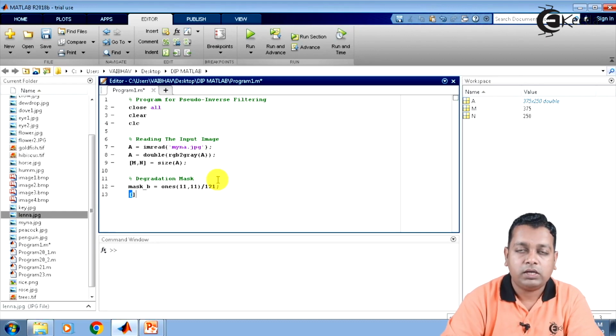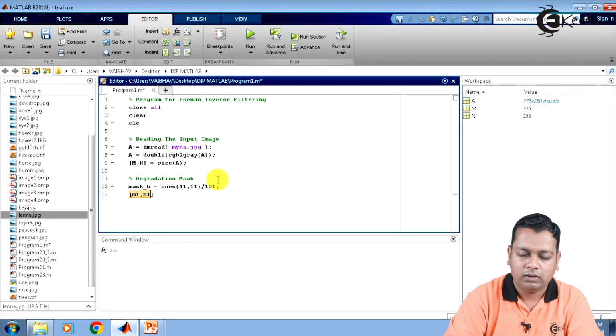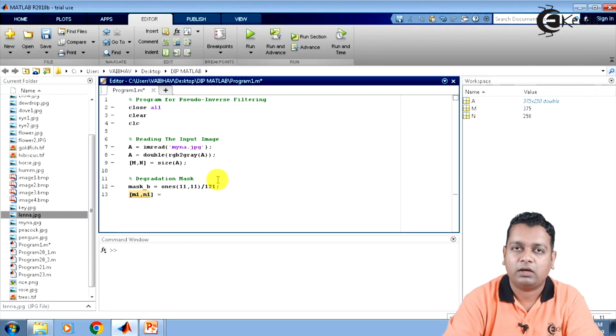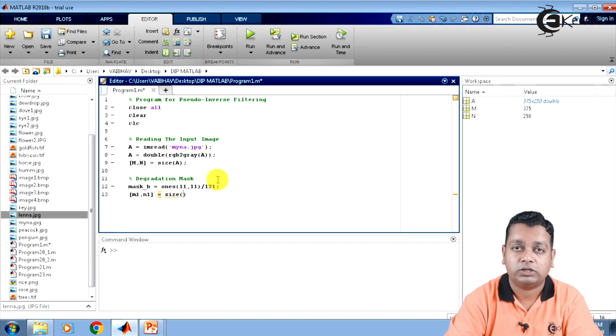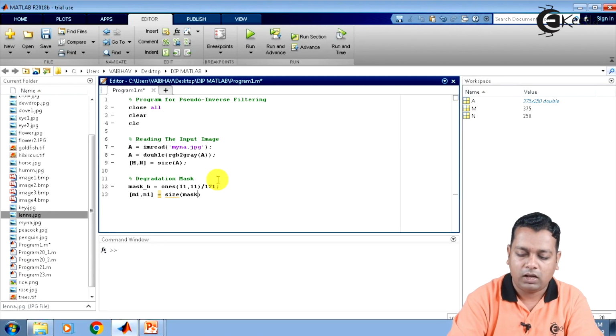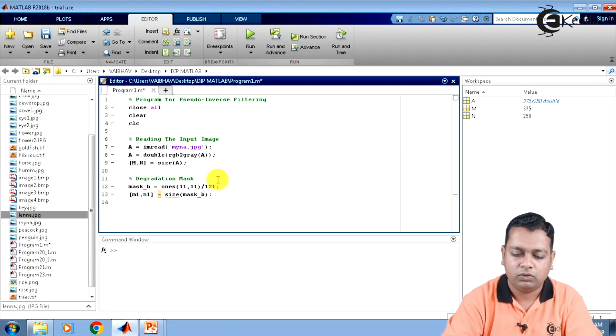For the degradation mask also, the dimensions are held with the variables m1 and n1, small case letter l. The syntax will be size, and this time it shall be applicable to mask_b, terminating with the semicolon.